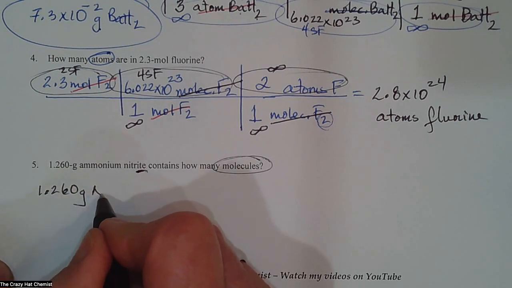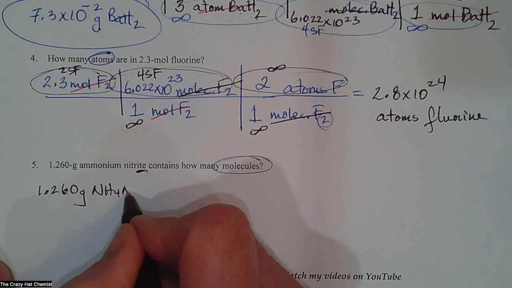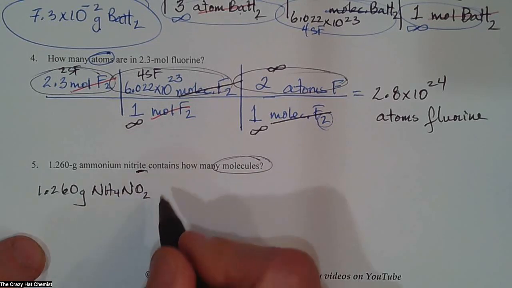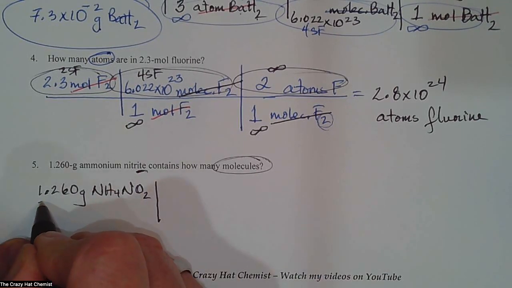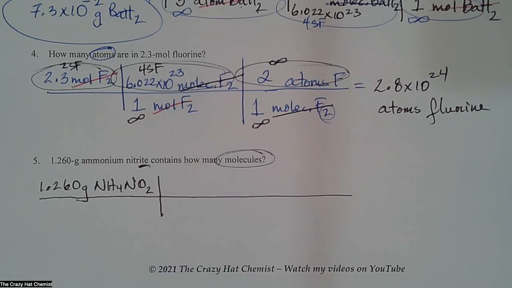So ammonium is NH4 1 plus, nitrite is NO2, like that. Okay, and so then we're going to do this just like this. Boom, boom, boom. Perfect. And I don't think I previously calculated this molar mass, so we're going to calculate this